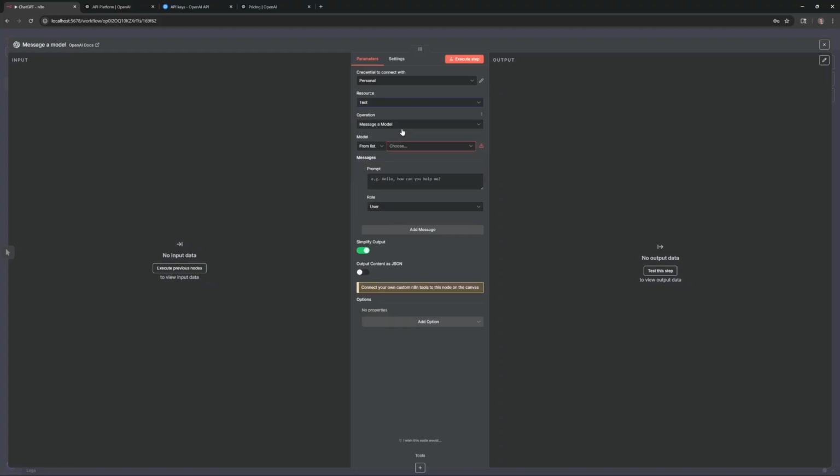But if you want to go back to text, this would be like if you're chatting with ChatGPT normally. In the model, you want to choose which model you want to use. So if you know you want to use like a ChatGPT 4 mini, for instance, 4.1 mini, 4.0, or if you want to use GPT-5 or whatever else is out nowadays, you can come down here and choose it. You can also search for it, but in this case, we're just going to choose mini.